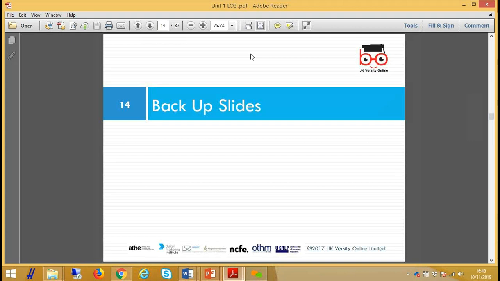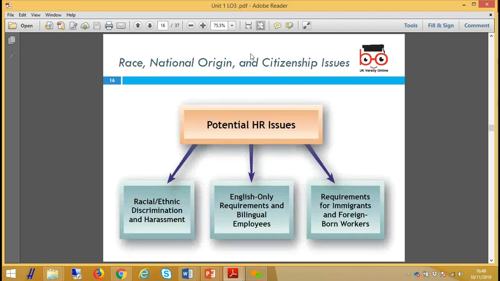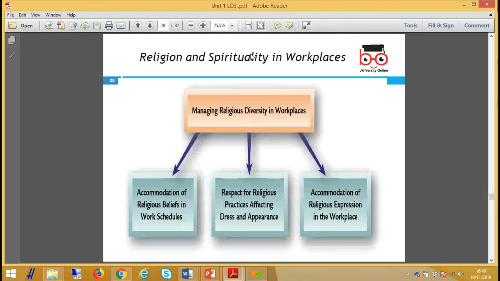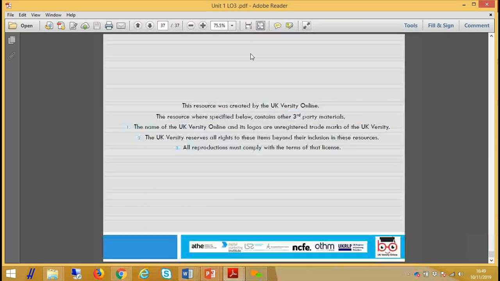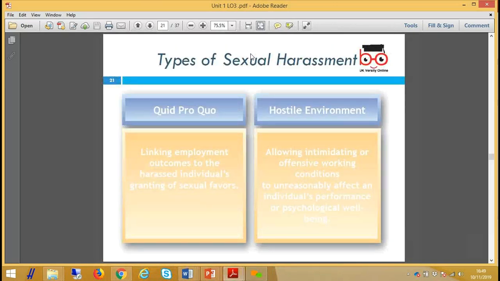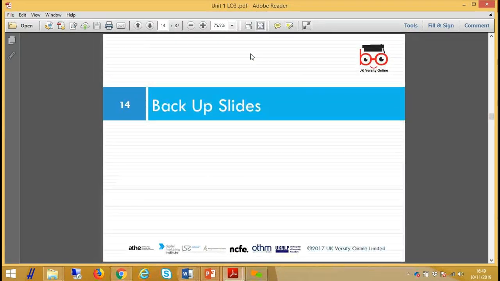So that's the end of our lecture. There are some backup slides on different specific aspects of employment policy, especially to do with discrimination, things like equal opportunity, affirmative action, and so on and so forth, concerning age discrimination, racial discrimination, gender discrimination, and so on. You can obviously read this up on your own. Quite interesting stuff you can read on all this diversity and equality stuff. They are very important aspects of employee policy, equality and diversity.